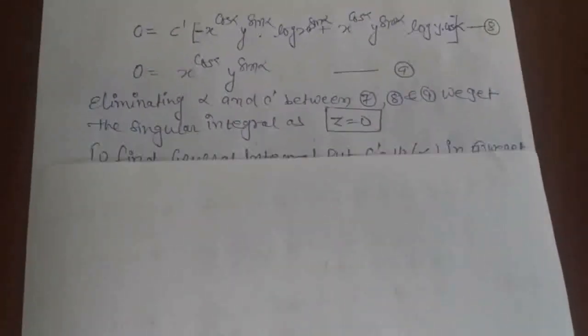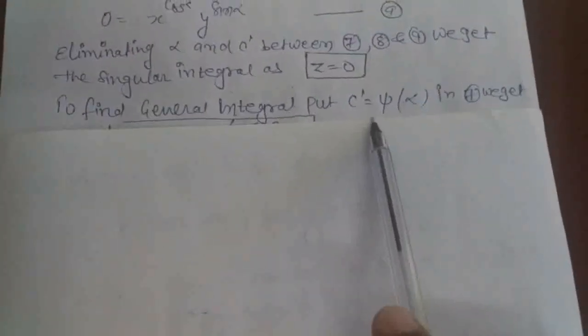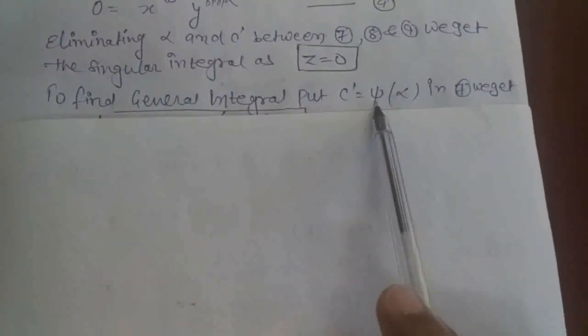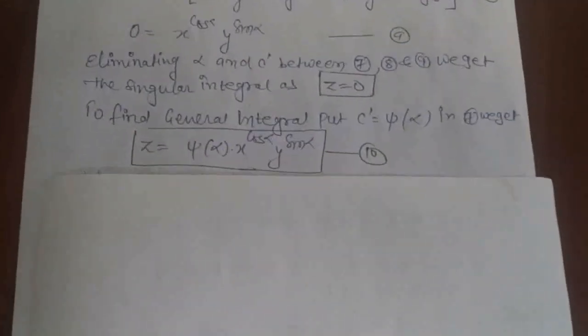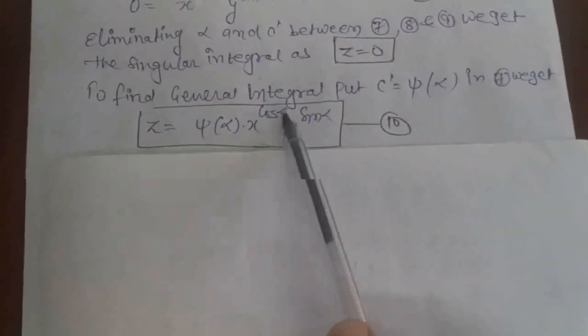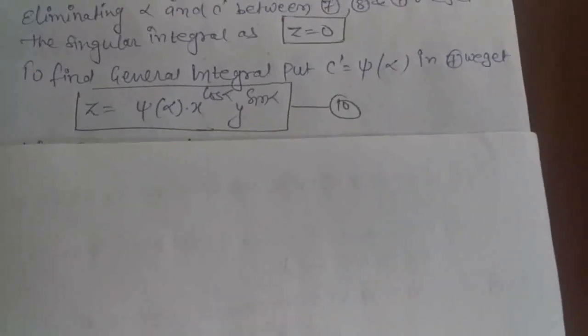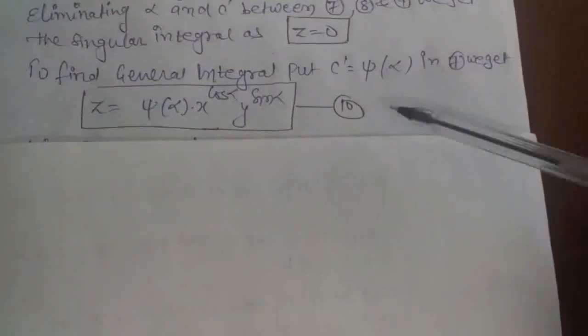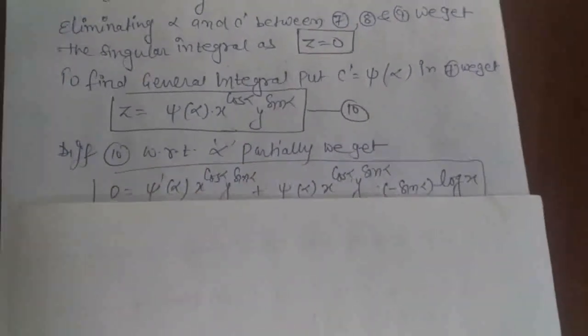For the general integral, the constant c dash in the complete integral is replaced by an arbitrary function of alpha. So we get z equal to psi alpha x cos alpha y sin alpha, y power sin alpha. Now differentiate equation 10 with respect to alpha partially. We get